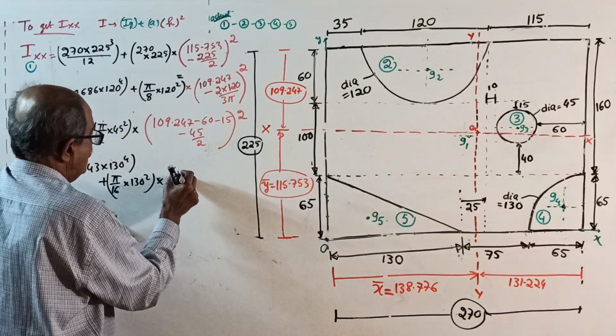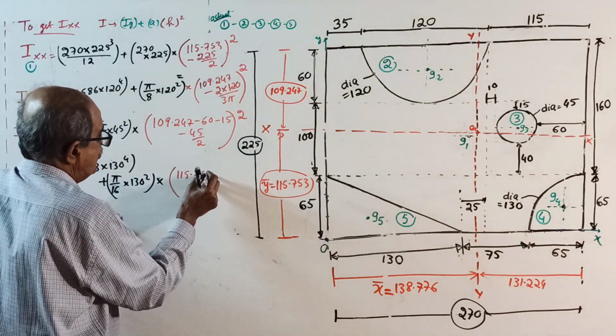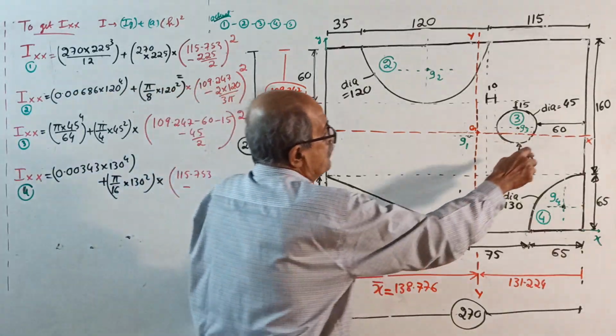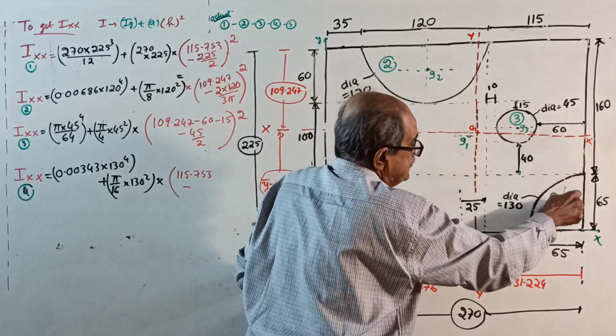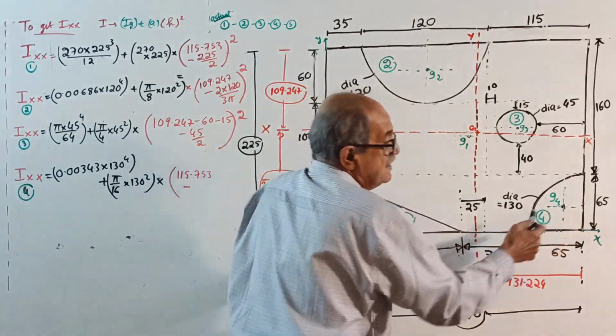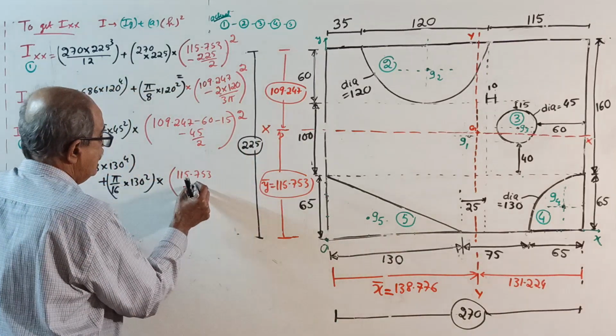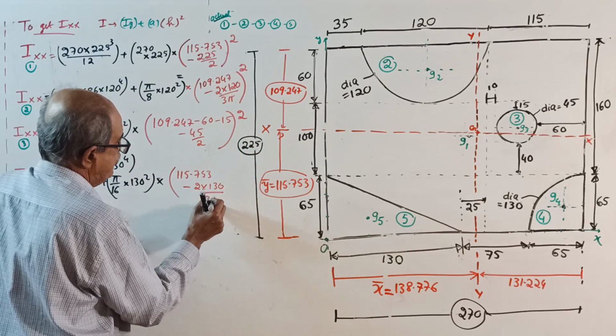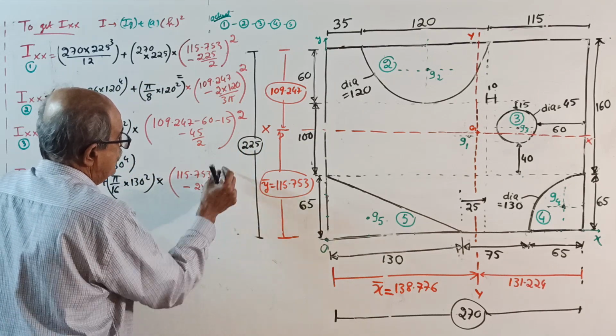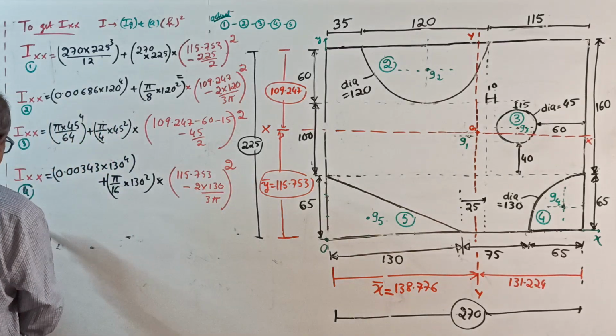115.753. Subtract from this distance, see from here we want here to here. So from this distance subtract this distance, that is 2d by 3 pi minus 2 into diameter 130 divided by 3 pi, that number to be squared. Then